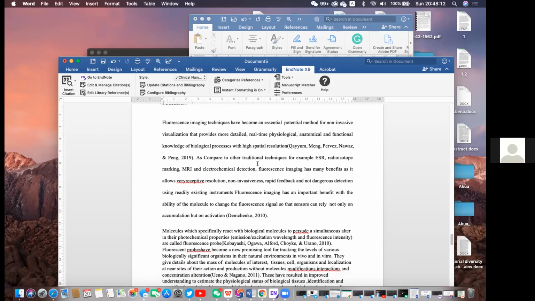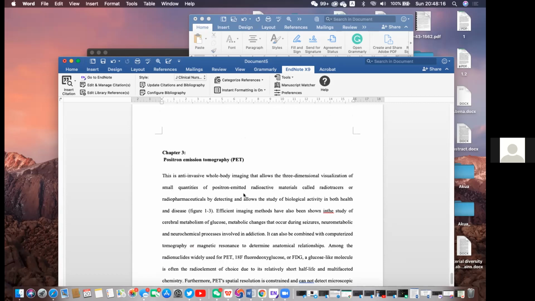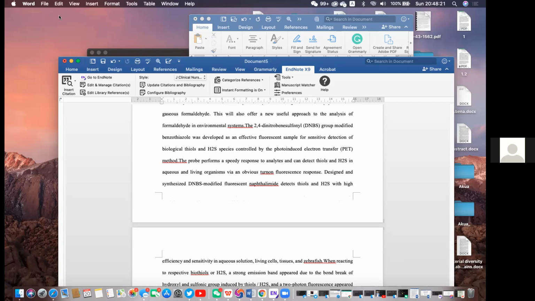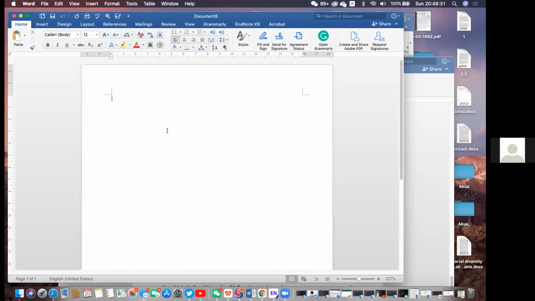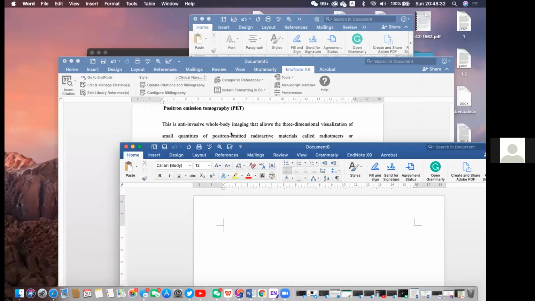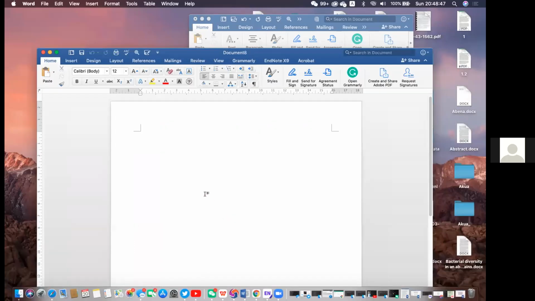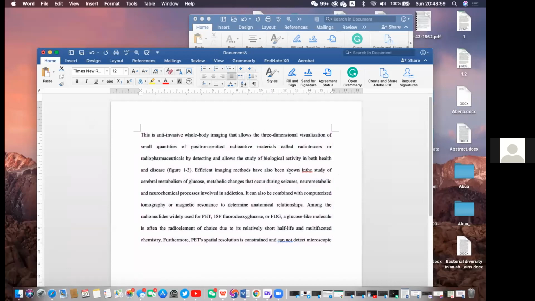Let me try. The work I use already has references, so those references are there. Let me open a new document that doesn't have any references. Yeah, so for instance, this new document has no references. When we come to the end of the page, we can see that there are no references over there. So to answer Abigail's question,